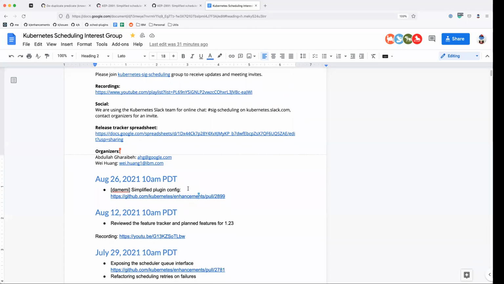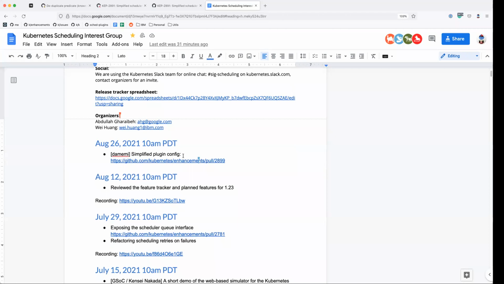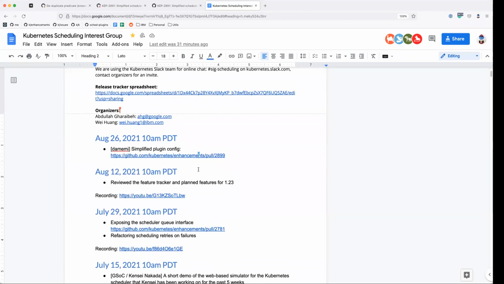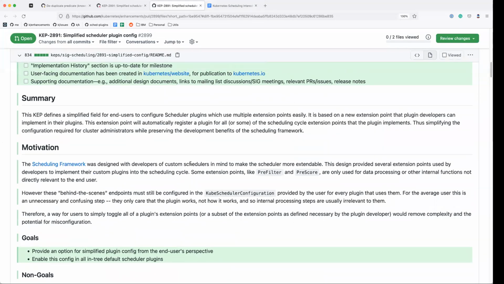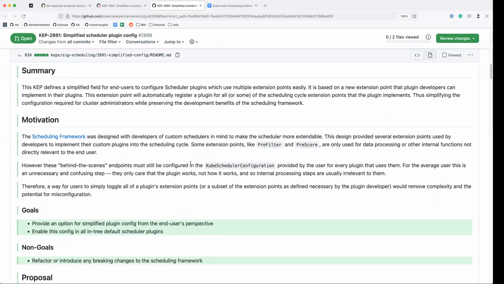Today there is only one item on the agenda. Mike raised a very detailed, documented KEP for simplified scheduler component config. So Mike, would you want to give a very short introduction on this and what's the motivation here? Yeah,